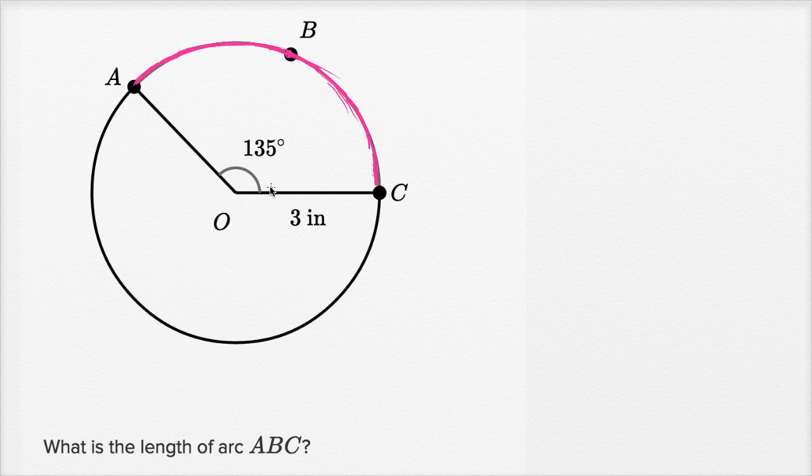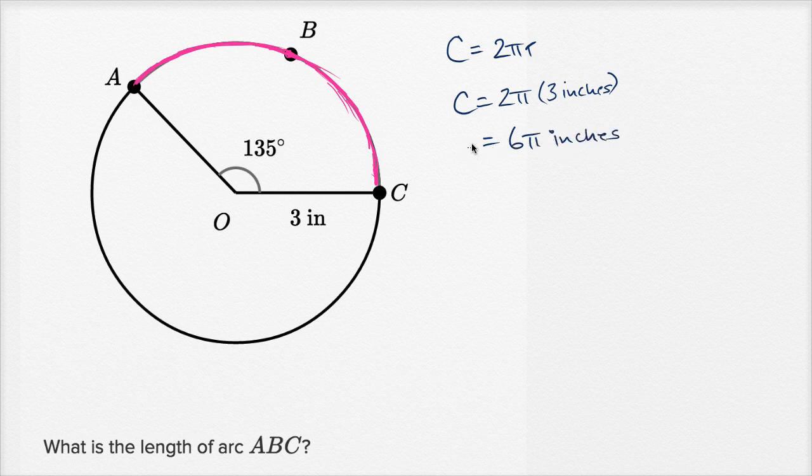A big hint here is that if we were to go all the way around the circle, that would be 360 degrees, but we're only going 135 of those 360 degrees. But let's first think about the circumference. So the circumference of a circle is equal to 2 pi times the radius of the circle, and they give us the radius is 3 inches. So the circumference is going to be 2 pi times 3 inches, or 2 times 3 is 6, times pi, so it's going to be 6 pi